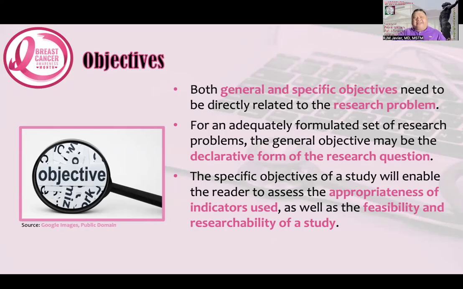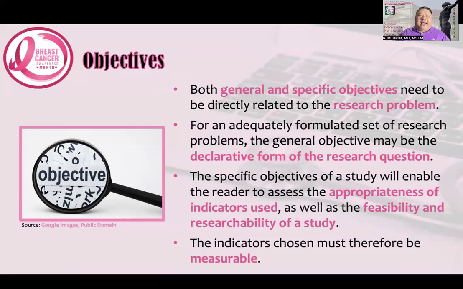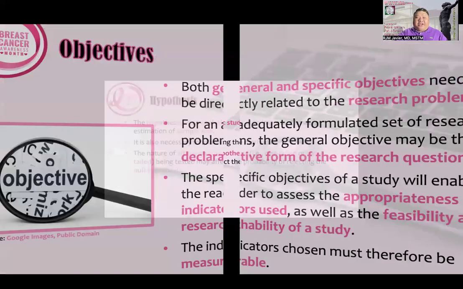So to simplify things, for academic purposes, I tell my students, my group mates, my advisory group, to just make your specific objectives very simple, very straightforward, and less intricate, to make even the data analysis easier for everyone. Indicators must also be measurable. Again, this is something that we have been reiterating over and over: when you say something is researchable, you can objectively quantify and objectively measure the variables of interest.